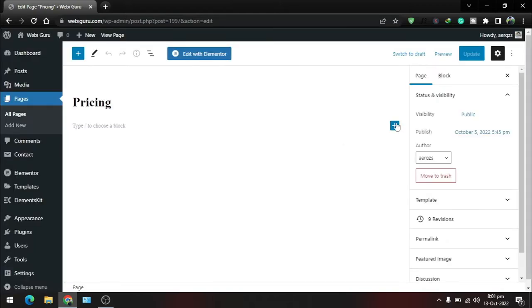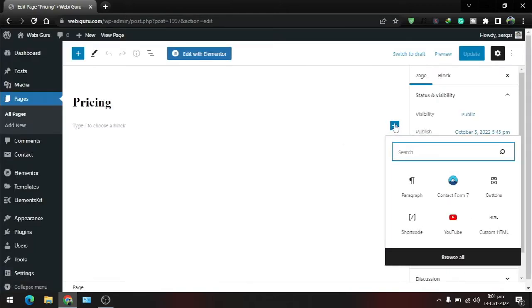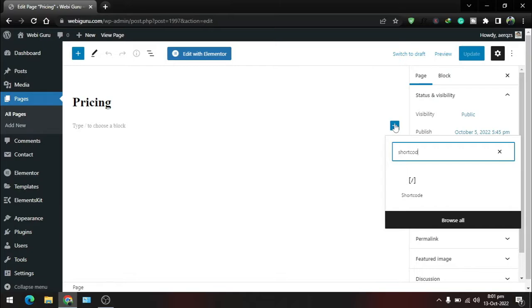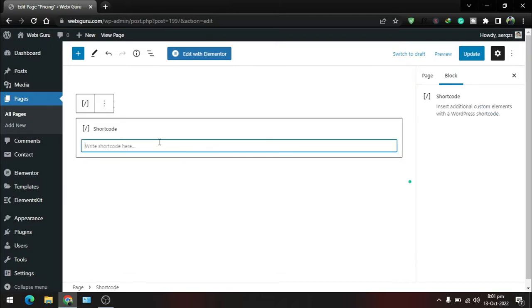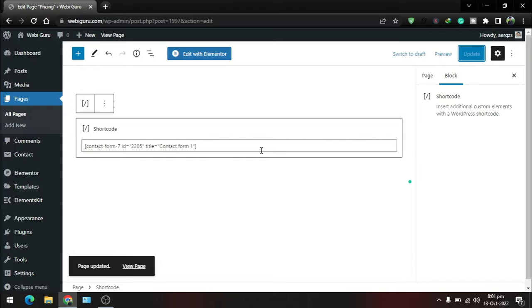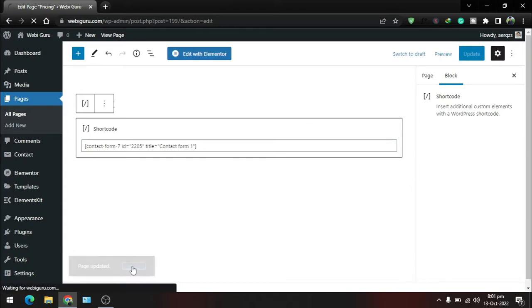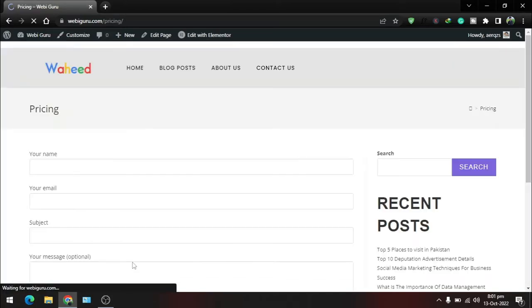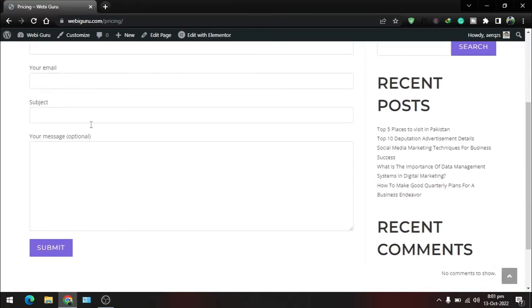Here you need to click on this plus icon and search for shortcode. Click on it and paste the shortcode. After pasting, click on update. After updating, click on this view page to view your contact form. Here you can see this is our contact form, and if you want to display it on a page designed